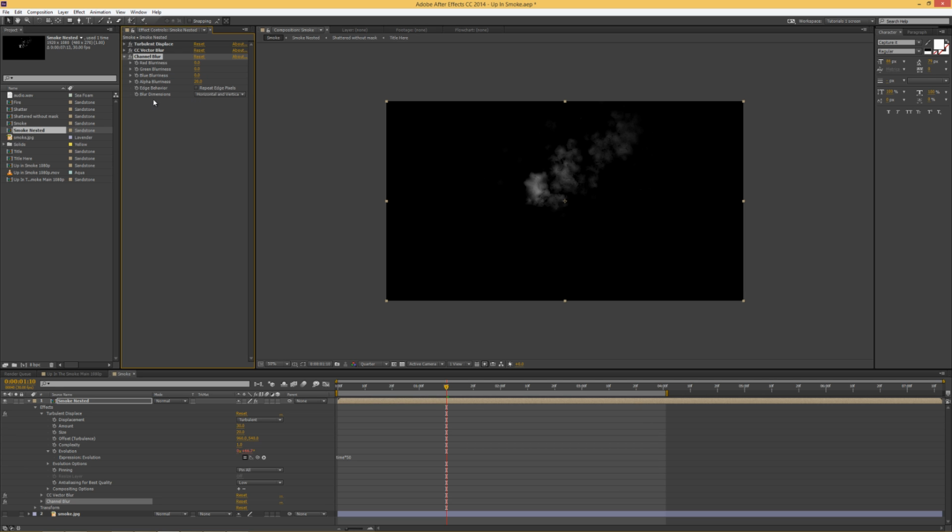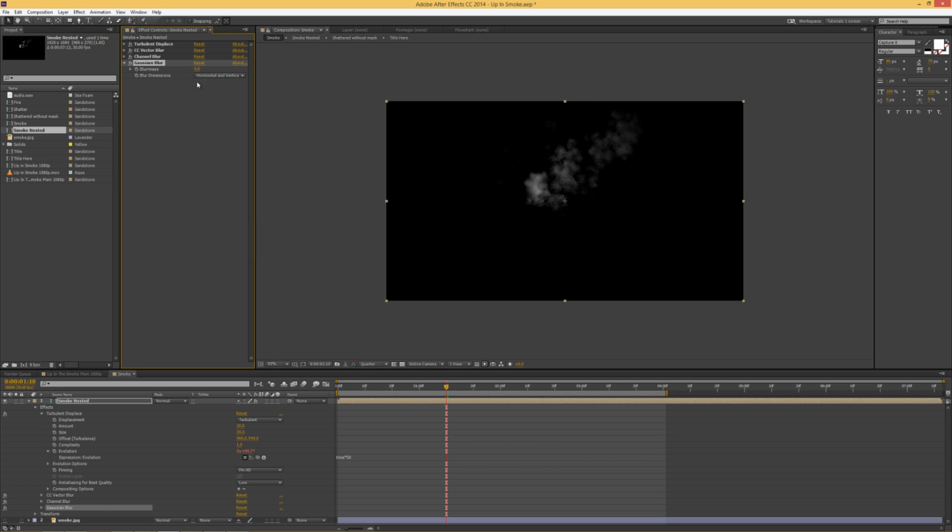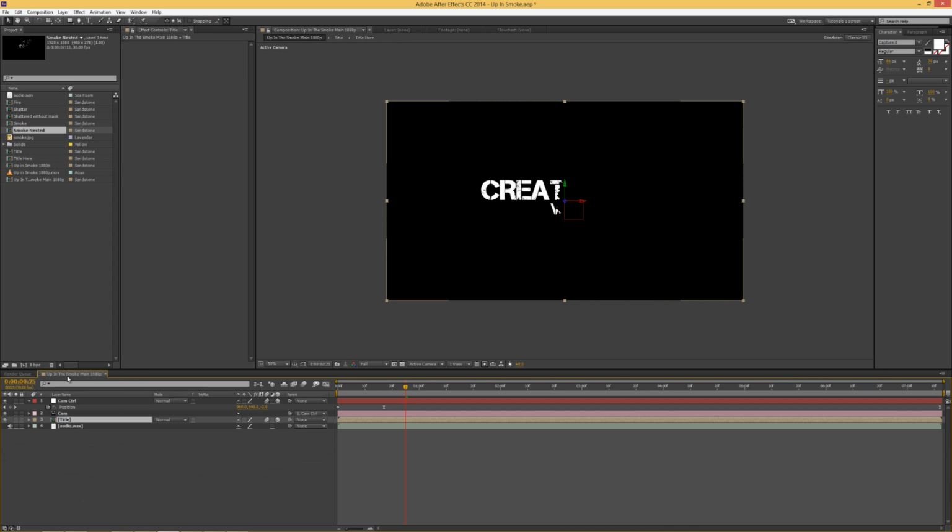And after that we will go to the blur, choose Gaussian blur and choose 5, and just like that we create some smoke for our fire. Okay, we will close the smoke layer as well, and now we will have to